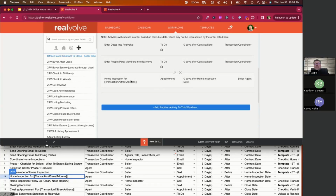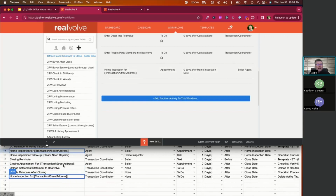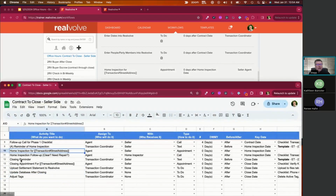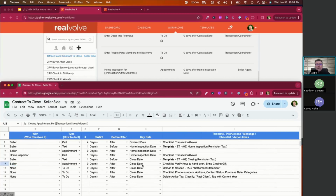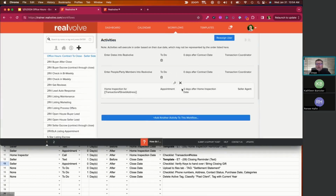So you would do a similar type of thing for the closing. So the actual closing appointment, exact same thing. There's no difference other than the title. And instead of using home inspection date, you're using the closing date, close date, and close time in that case. Does that make sense? Hope it does. Okay, so